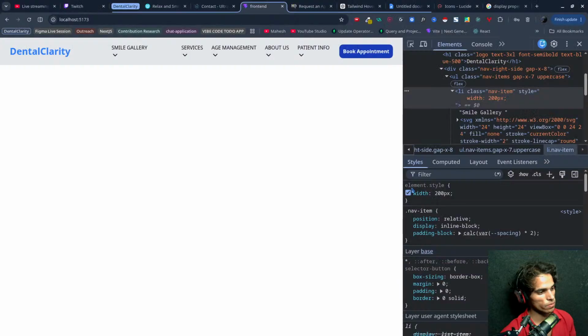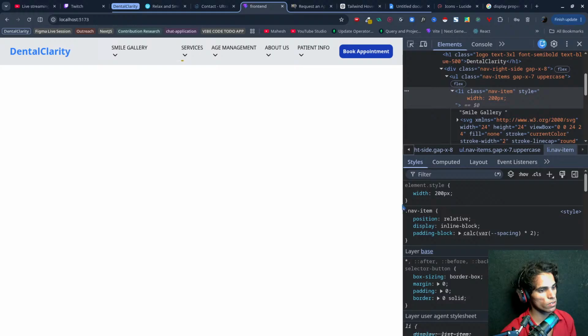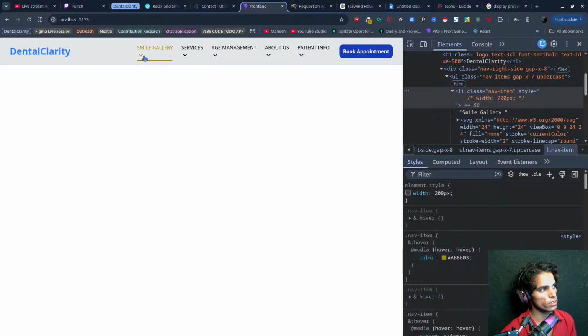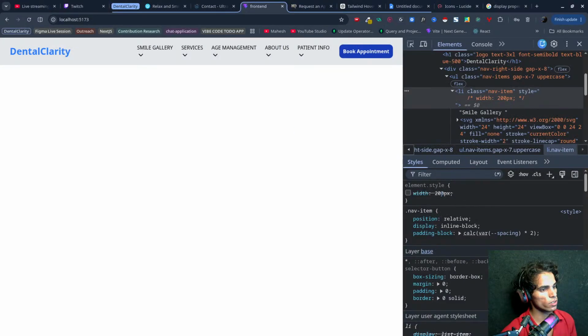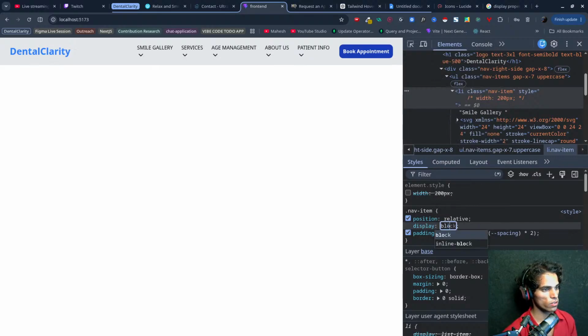Any question? So I want to change this. What we are going to do, let's cut this. I don't want this. To get all of these in a single line, if I change this to block, not a cell, and inline, not a cell.